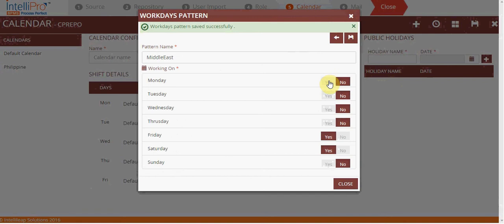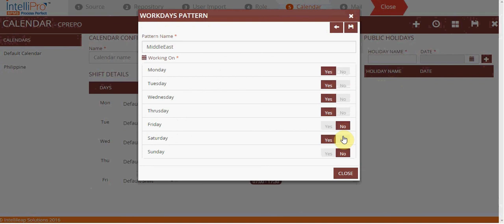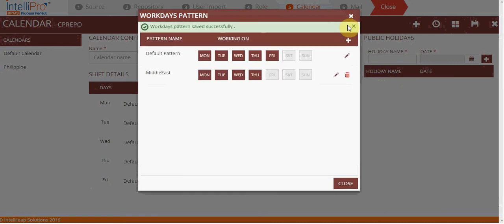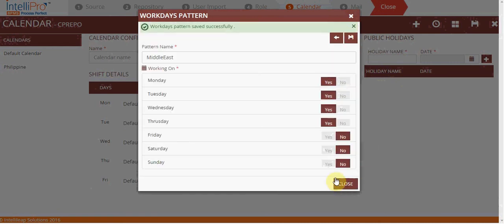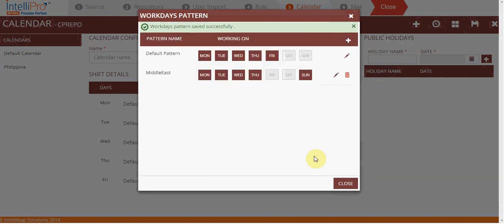So I just have to choose Monday yes, Tuesday yes, Wednesday yes, Thursday yes, Friday is no, and Saturday is no, because in the Middle East the working week is Sunday to Thursday. And then I have to save this. So this way I can create various work patterns.